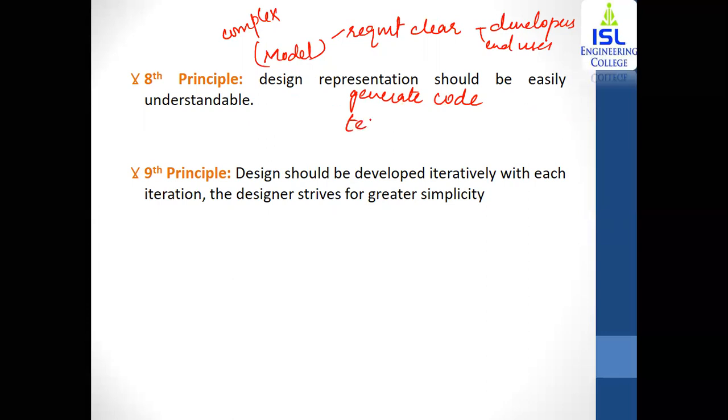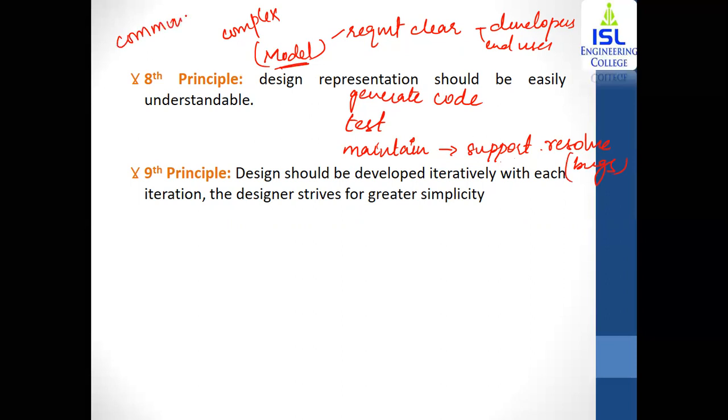It also becomes difficult for the testers to test the different parts of the code, and for the people at the later stages who are going to maintain the software. Maintaining the software means giving support to the software. That is, if any error occurs, how you're going to resolve that error. So the basic intention of the model is that it acts as a communication guide between the developers and end users.